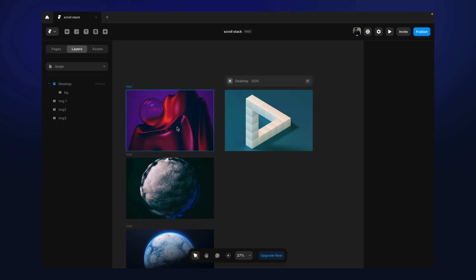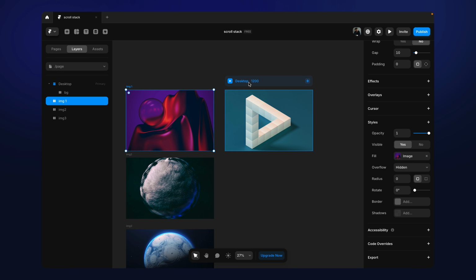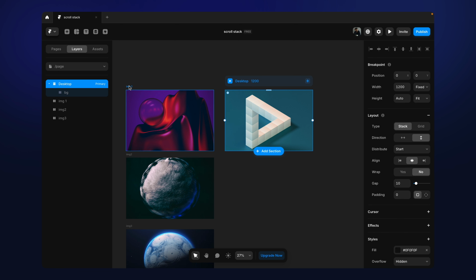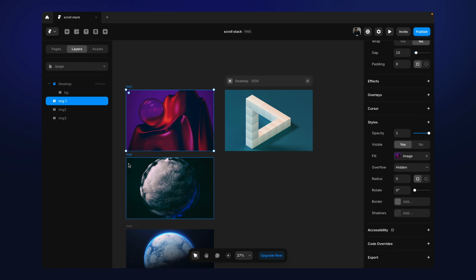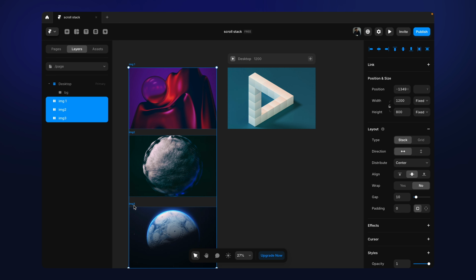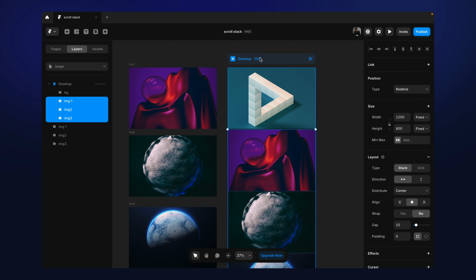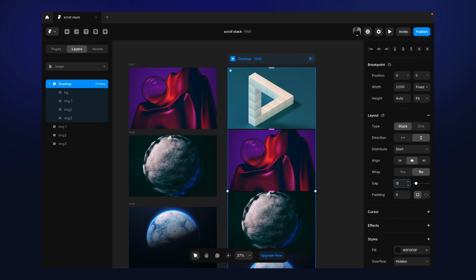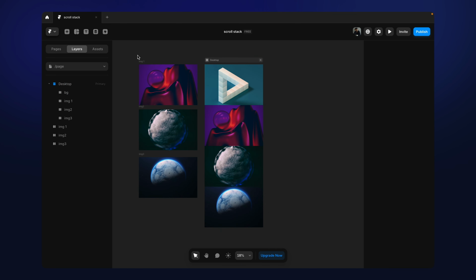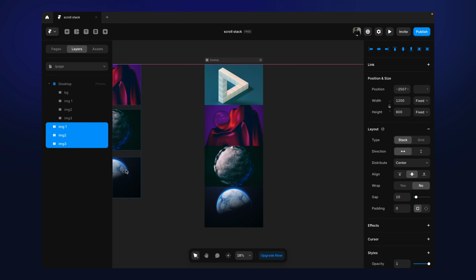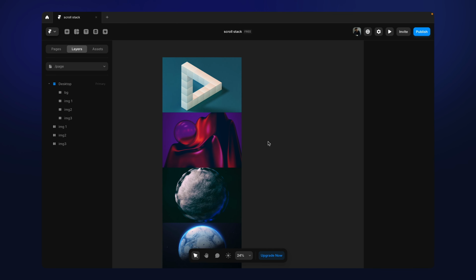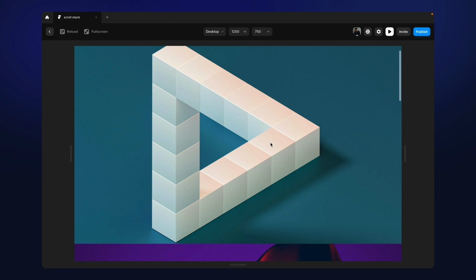Now we're going to include these images inside this frame, our main desktop here. So I'm going to select all of them, copy them, and paste them inside it. And you see there is a gap here, so we're going to reduce the gap of the main frame. And yeah, we can keep them aside now. We don't do anything. So the first one, let's see how it looks. So yeah,